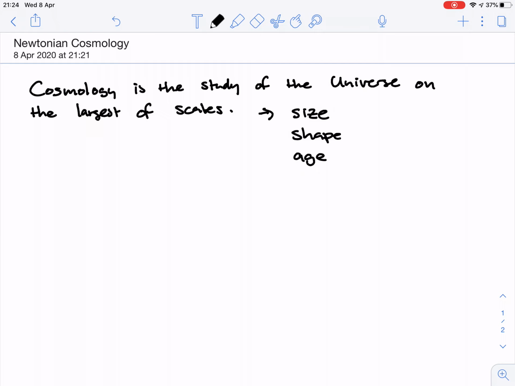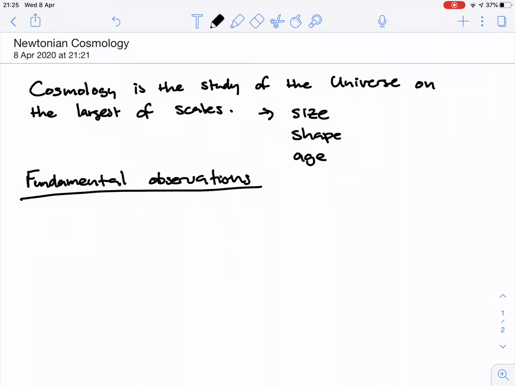They're the sort of things we're after. And in this lecture, this first topic, what I'm really going to talk about is a set of fundamental observations which govern our view of the universe today. And so these observations are, in a certain sense, very basic, but in another sense, they have to be things which are explained by any model of the universe that we come up with. And I'm going to start off with this first observation. The night sky